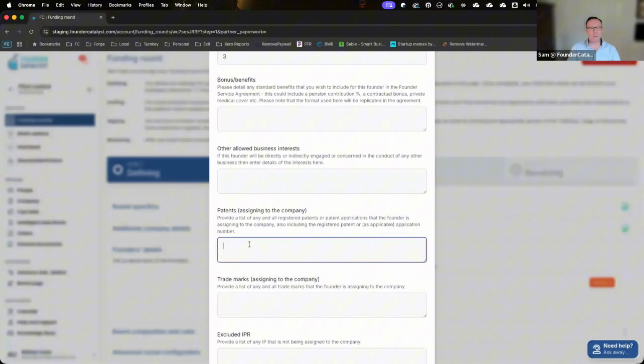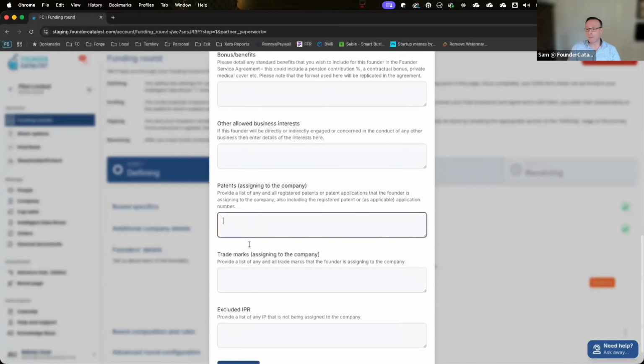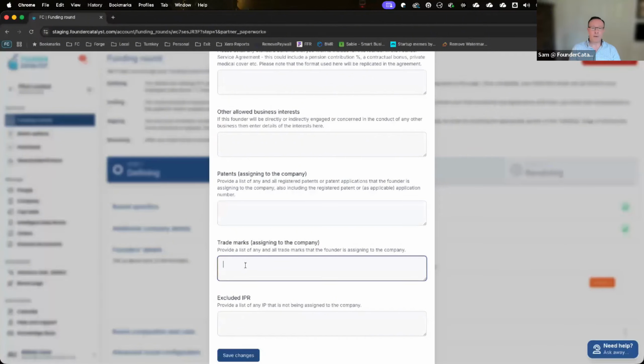If you have any patents that you want to make it clear explicitly that you're allocating into the business, then you should detail the patents here. And similarly, any trademark. So quite often when you start a business, you will pick up a company name. You will do so before you've incorporated. You'll then apply for a trademark before you've even registered your company on Companies House. And then you'll go back retrospectively and you'll transfer the trademark from you owning it as an individual into the